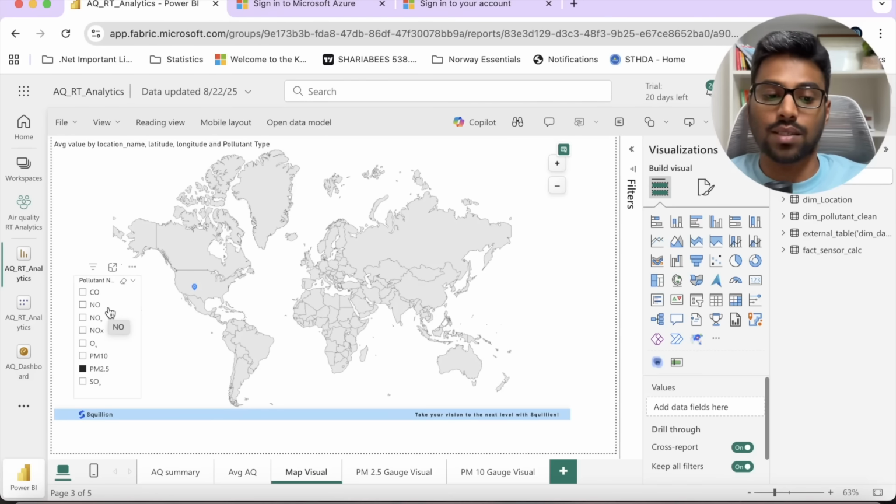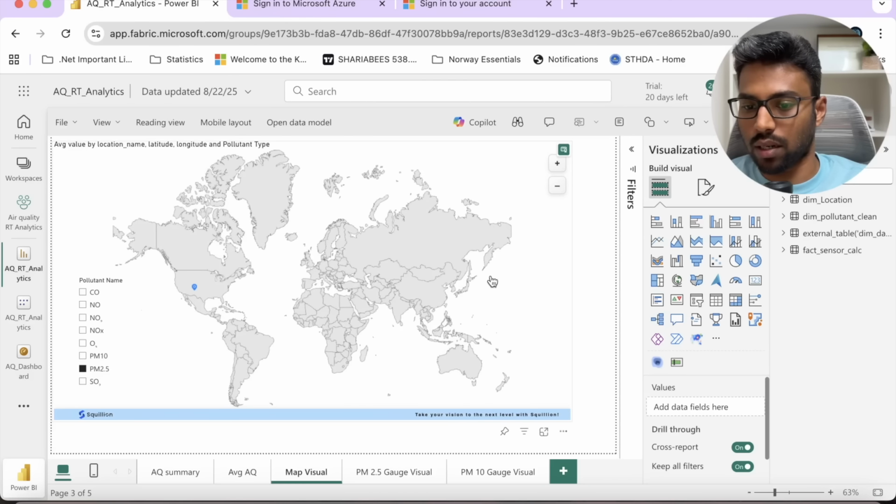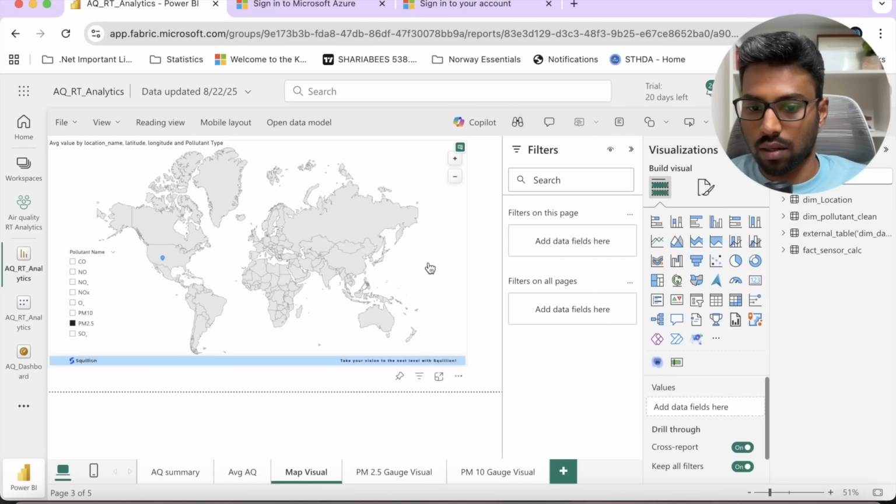So I have this slicer. When I switch the pollutant type, I can clearly look at the average information. So what other information are we keeping here? Let us quickly go through that. If I click on this visual,